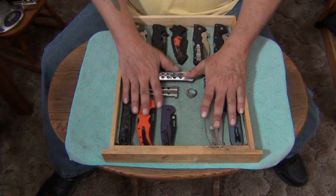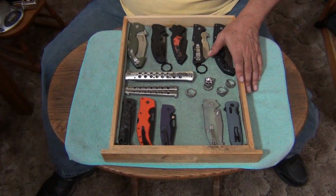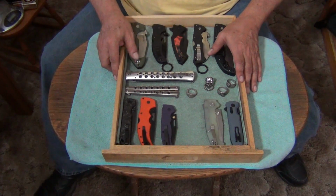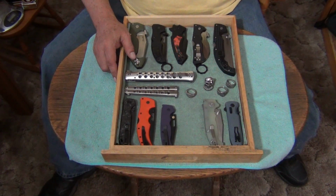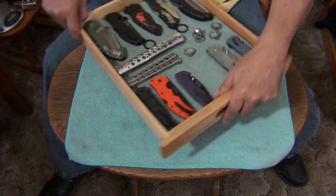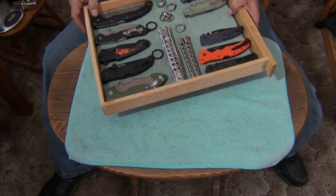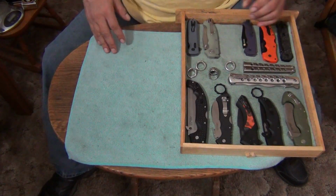But these knives are all knives that I use. And I got a pile of fixed blades over here, all the fixed blades that I use. And we're going to try to pick 5 knives, and we'll discuss the reason why. So this video is not going to be a quickie. It's going to take a little bit of time. But first, out of this box,